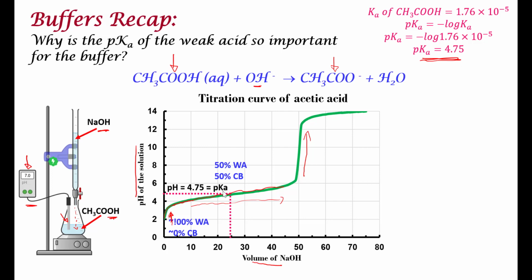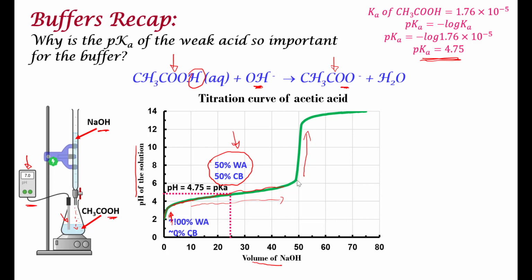And as the pH got closer to pKa, what we end up having there is 50% of our weak acid and 50% of conjugate base. That is, because we are adding sodium hydroxide to the solution, we are deprotonating this hydrogen, and then we are increasing the concentration of this acetate ion. So at this point, when the pH gets equal to pKa, you have equal concentrations of weak acid and conjugate